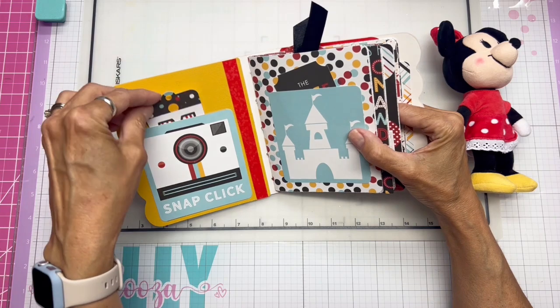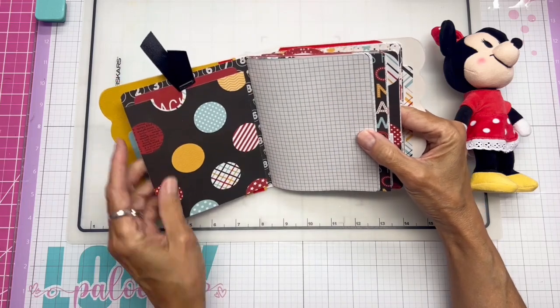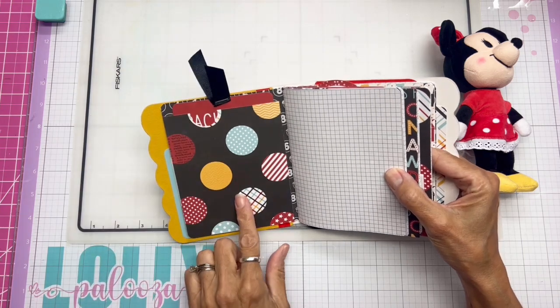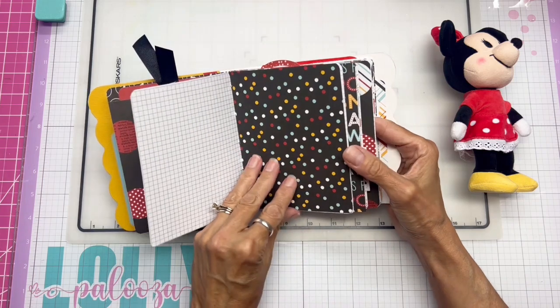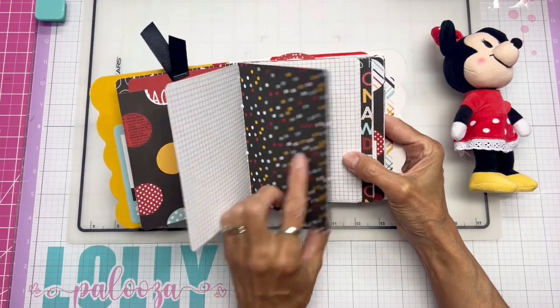So here we have this little magic tag here, another little pocket right here. Mouse is in the house. And I have a tag here, pack your bags for a great adventure. Now I have room here for a photo, and I also have all this room for writing. And like I keep track of my steps when we go to the theme park, so I want to write those and just some notes about our trip. Room for a photo,